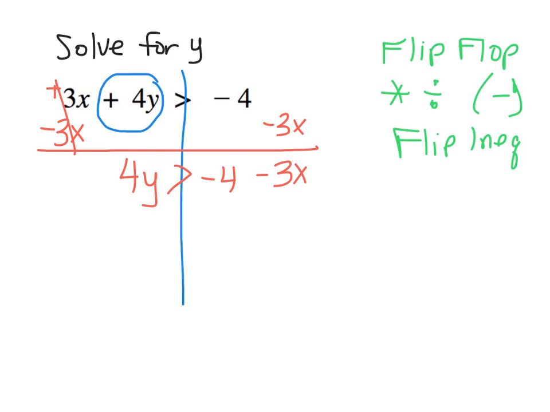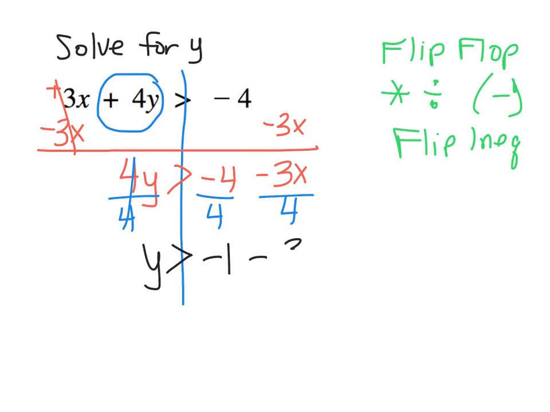Okay, so now my y term is isolated. It's currently being multiplied by 4, so the inverse of multiplying by 4 is to divide by 4. So I'm going to divide all three terms by 4. I'm dividing everything, but this is a positive number, so no flip-flop rule. I just continue along. My 4's cancel, and I've got y is greater than negative 1